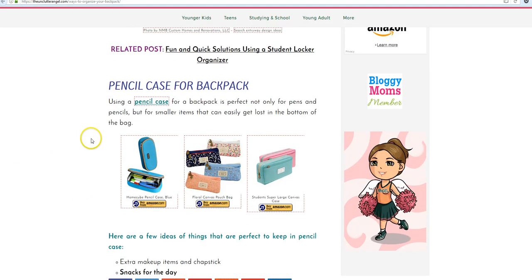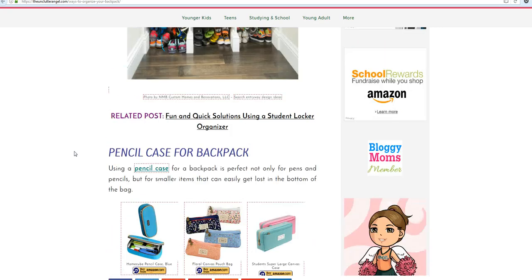And another thing with posts like this, a lot of people will buy their supplies for a backpack online. A lot of people will. But if I'm looking to buy a pencil case for a backpack, I'm not going to be searching for how to organize a backpack to find a pencil case for a backpack. So the product, how to organize a backpack, I would think that, and again, I'm just thinking out loud, and this is what you do, and this is why